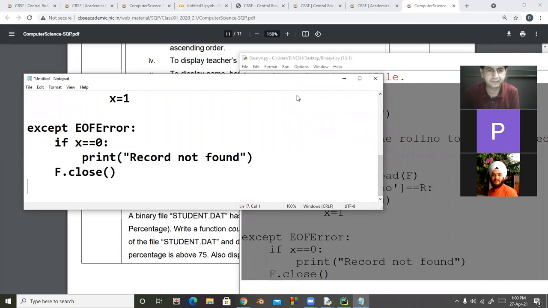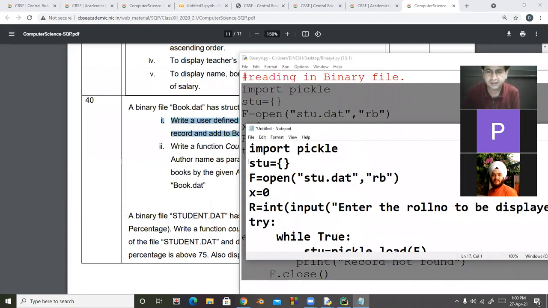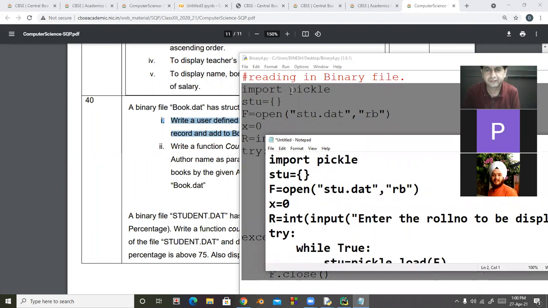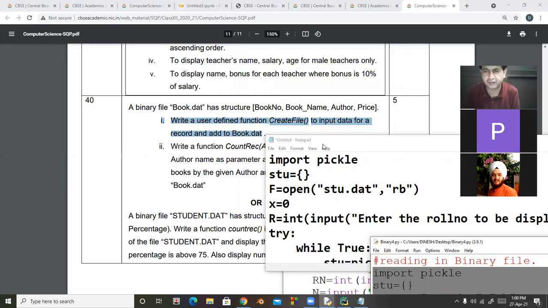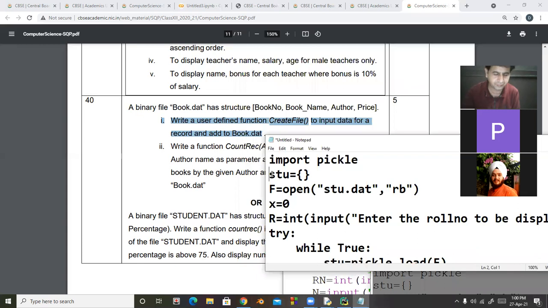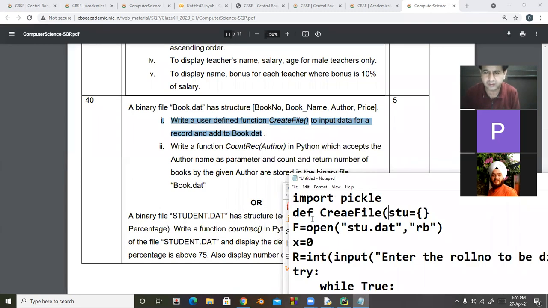Okay students, we are saying make a function. So I am going to make a function. The function name starts with def, count rec, and it will accept a parameter author.